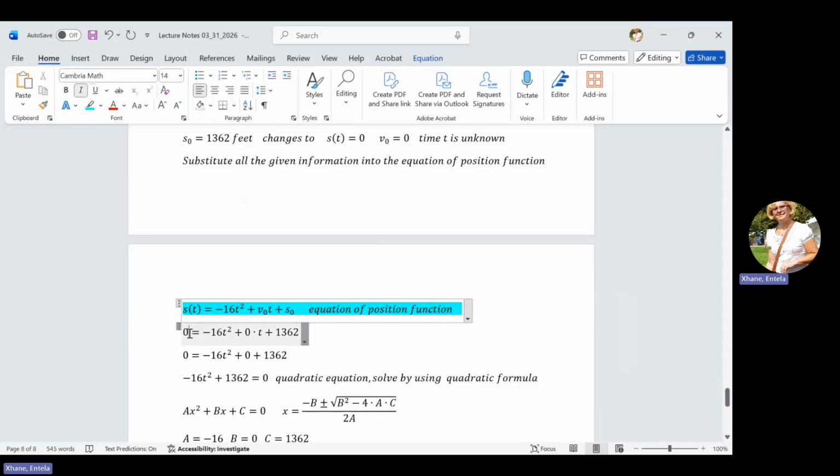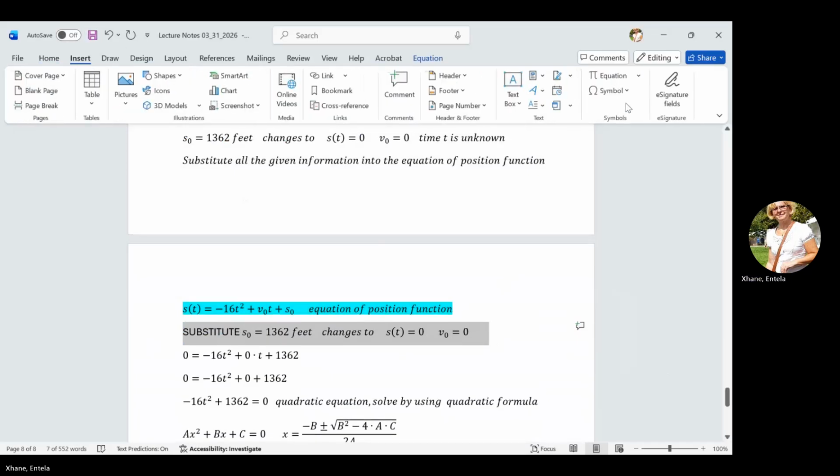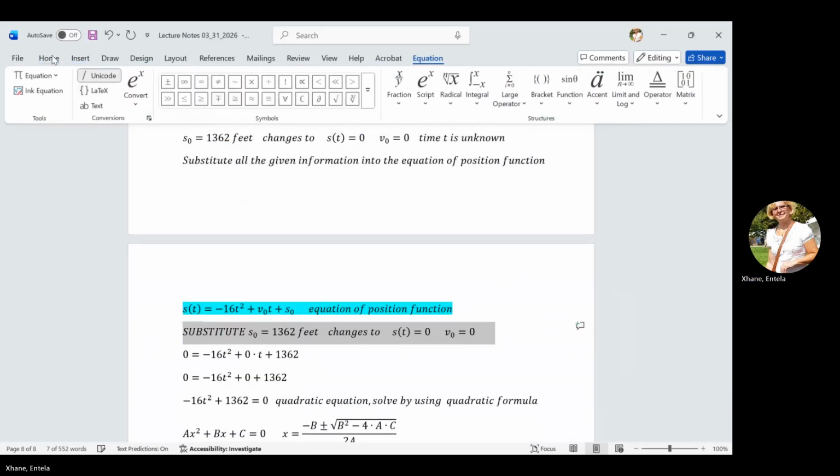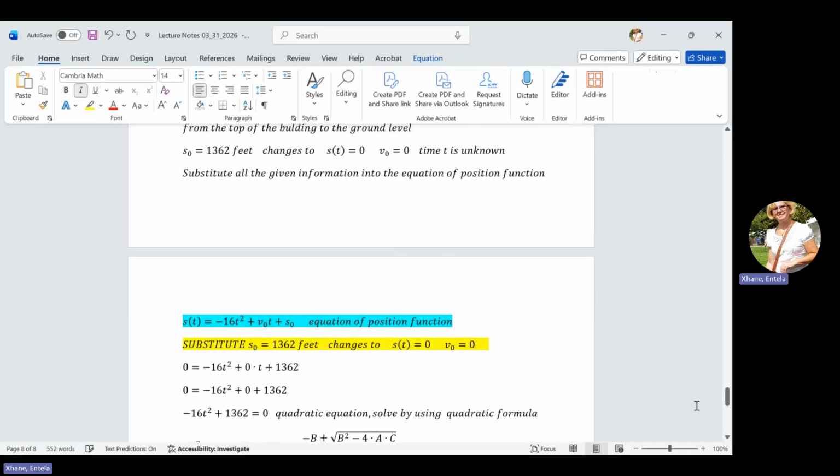S of t is 0 because it's the ground level. So these are the elements that I'm substituting, copying them. Here's what we're substituting